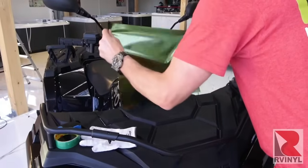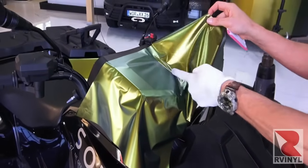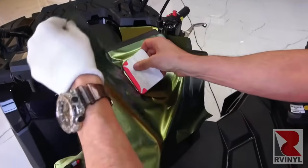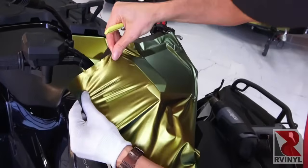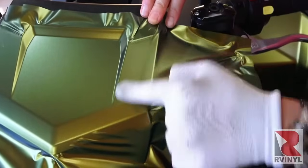The two main challenges with wrapping ATVs are the deep recessed areas and the severe compound curves that can put a lot of stress on the vinyl, so it's all about getting the right tools and techniques. So here a monkey strip is placed on the buffer so the film doesn't get scratched, and the biggest thing is it's fed deep into the recessed area, and then with the curves, relief cuts are made, and then the